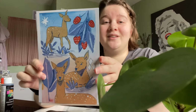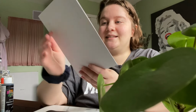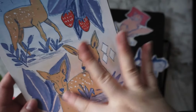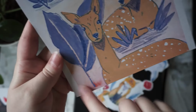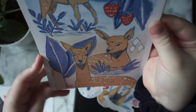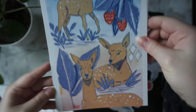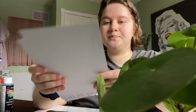But look how pretty this thing is. I cannot get over it. I'm in love with this print so much. It just works, you know, the blues with the red, and there's a bit of red here, and then a little bit of red here, so I'm in love. I love it so much. Maybe one day I will frame it, but for now it's just gonna go on my wall as is. I'll have to be careful not to let it bend though, because you know when you put stuff on your wall it kind of